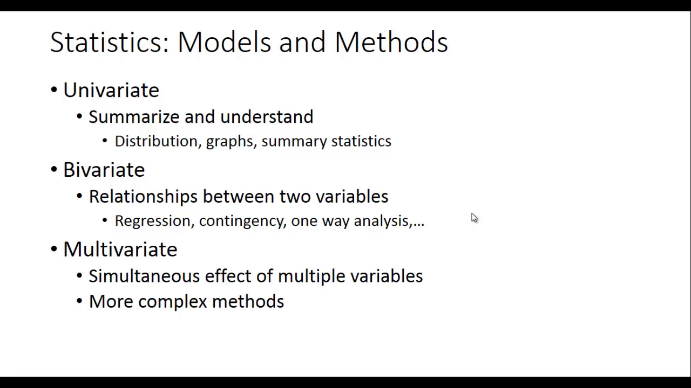The statistical models we use include univariate, bivariate, and multivariate. In univariate models, we have just one variable. Typically, we summarize the data to understand this type of the distribution, graph the data, and have some summary statistics for basic understanding of the nature of the variable. In bivariate analysis, we look at the relationship between two variables. Typically, regression analysis, X and Y, relationship between two variables, contingency tables,